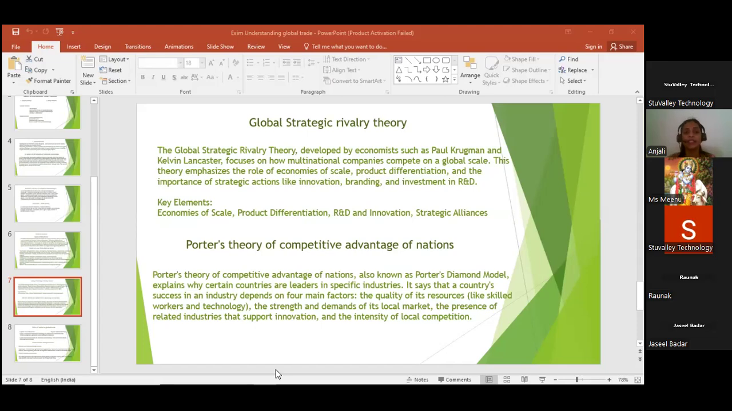Next, after the product life cycle theory, comes the global strategic rivalry theory. This theory was developed by economists such as Paul and Kevin. They focused on how multinational companies can compete on a global scale. The theory emphasizes the role of economies of scale, production differentiation, and the importance of strategic actions like innovation, branding, and investing in R&D. In this, they came up with a concept, for example, once the product is launched,